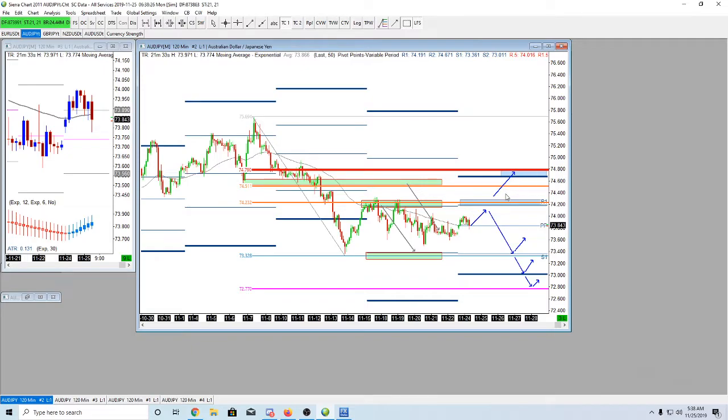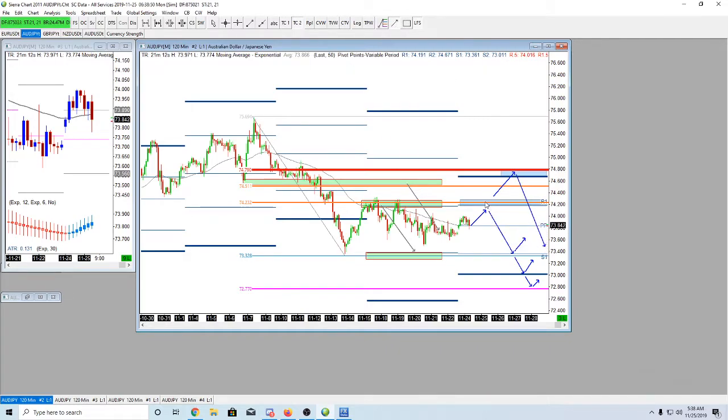So let me back up here. Let me help you understand. This is why I'm saying get in with not your full unit size, your unit allotment, at this spot. If I got in with half a unit here and it goes up, I get in with the other half up here and then take the thing down. Okay?